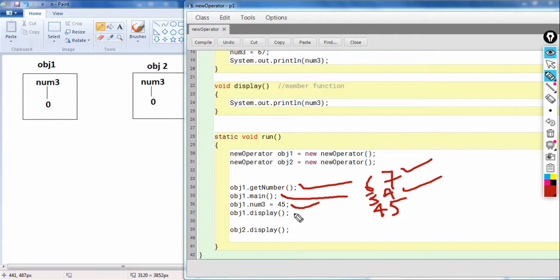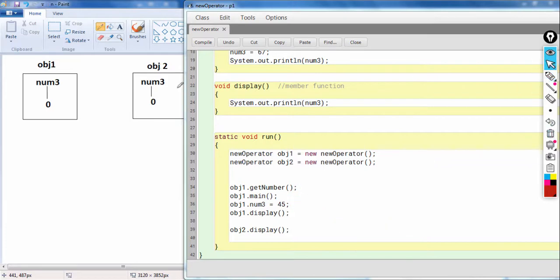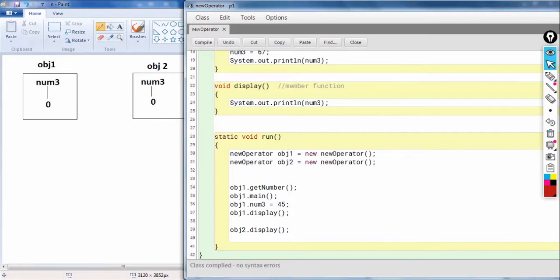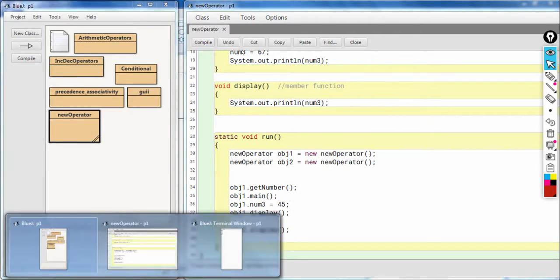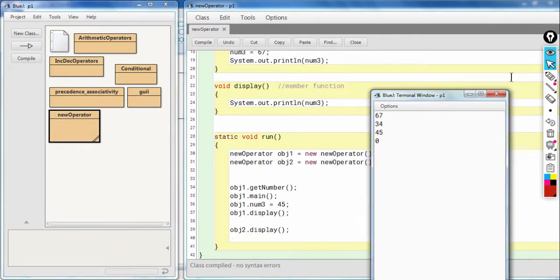So when I call the display function, it will print the value of num3 as 45. But when I call the display function of obj2, it will print 0. Okay. So let's see the output. 67, 34, 45, 0. So as you can see, 67, 34, 45 and 0.